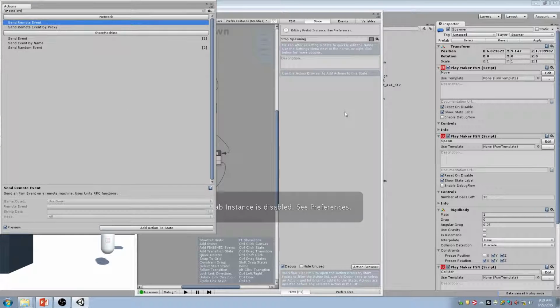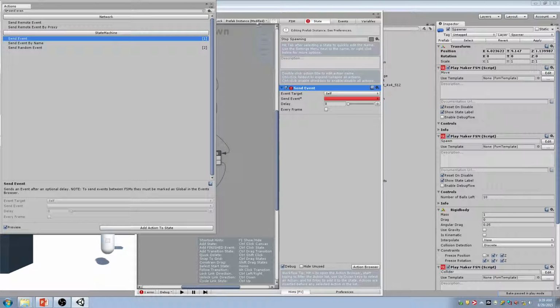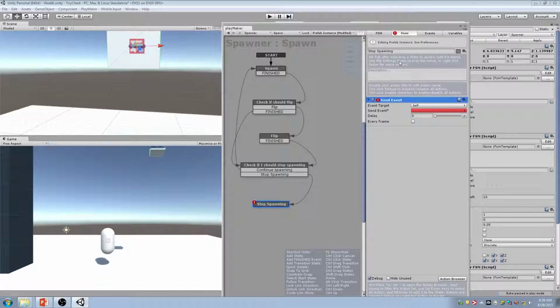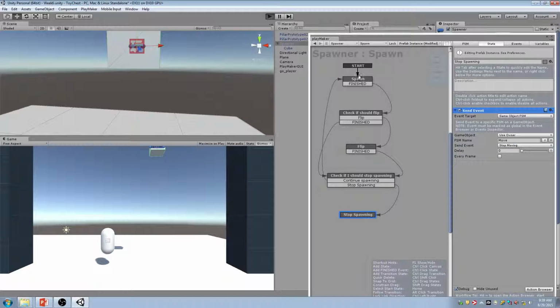So I'm going to do a send event. The target is going to be me, because I am the spawner. So I'm going to pick GameObjectFSM, use the owner. And I'm going to tell the mover to stop moving, just like what we did with the keyboard and with the trigger. So now if we play,